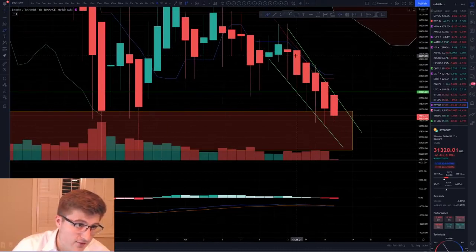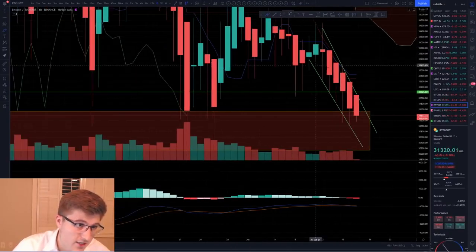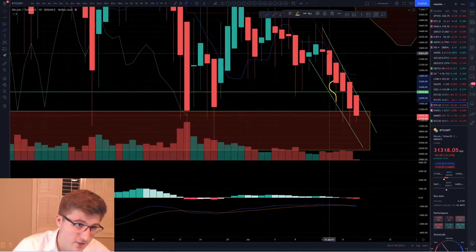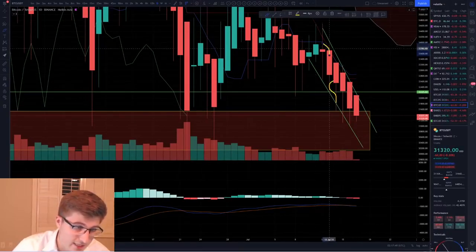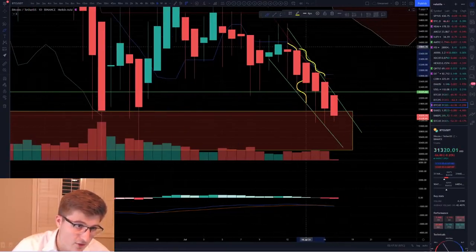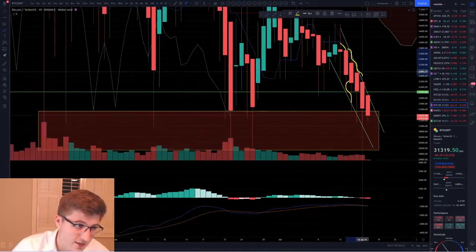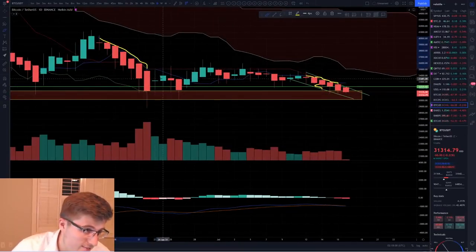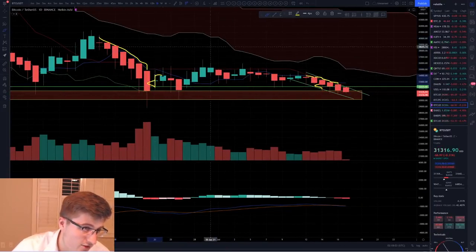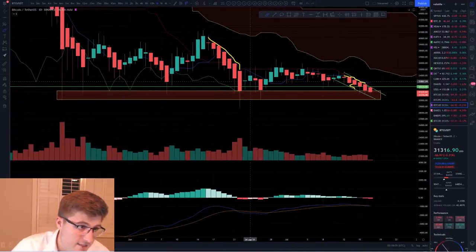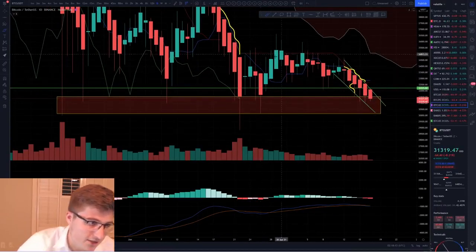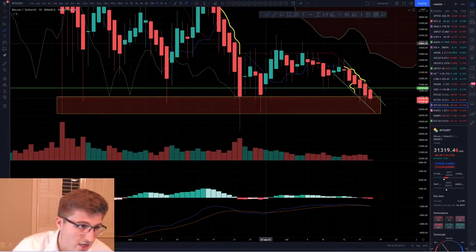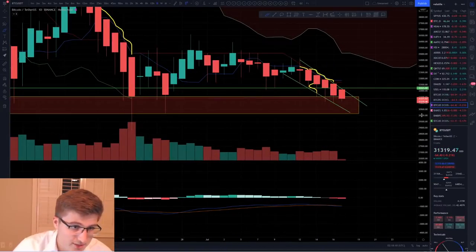When we look at Heikin-Ashi candles, when we have candles that are facing to the downside, we don't have any wicks to the upside. You see how we don't have any wicks? Yeah, we have that wick right there, but for the most part, there's not too many wicks to the upside. What does that show? We had it here, okay? When we have wicks to the upside and we have doji candles, which look like this, it signifies that we could have a reversal on the daily. We'll go to the smaller time frame, just hold up. But at least on the daily, it shows that we are extremely bearish.